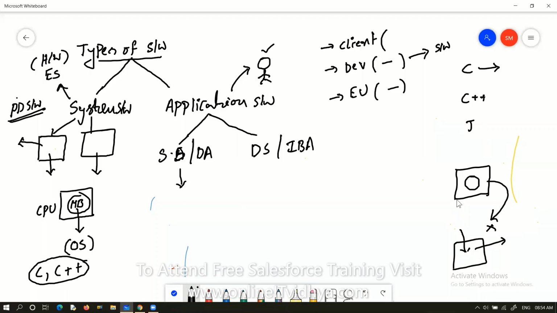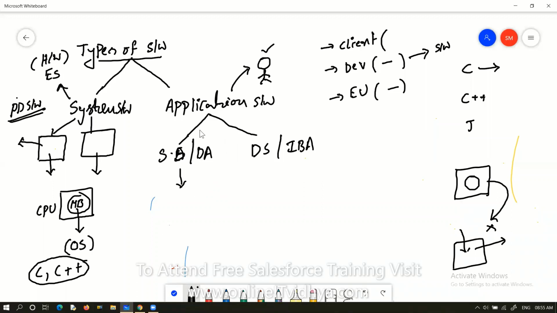Directly you can install and use it without having internet. And calculator software. Yes, you can install the calculator and use it without internet. Maybe at the time of installation, you will download from the website from the internet. I'm not talking about that. Internet is not required while using the application. And MS Office, yes, you can install and directly use without internet. These all come under desktop applications, or we can call them standalone software.